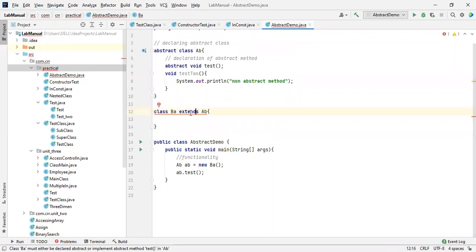Please make sure tomorrow that you learn about the interfaces concept. So abstract gives a clear idea about interfaces. By using interfaces, you are going to achieve multiple inheritance. If we get multiple inheritance, then we are also going to achieve hybrid inheritance, which is a very important topic in Java. Abstract and interfaces are connected together to give a good implementation concept for the end users.